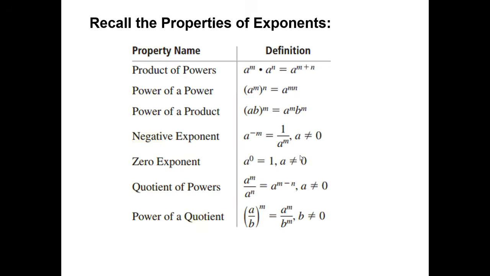Welcome to Algebra 2. This is section 5.2, Properties of Exponents and Radicals. So we talked a little bit in our last section about dealing with nth roots and how that applied to exponents. So we've got that same list of properties of exponents. Now we're just going to explore how the exponents apply to radicals a little bit further.